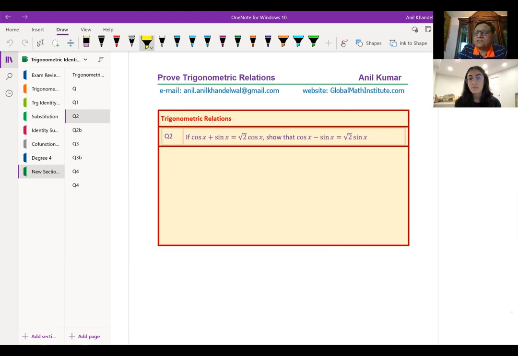Right? We could use different strategies. Here is another very interesting one. cos x plus sin x is square root 2 cos x, and we need to find what is cos x minus sin x. Okay, so we know that